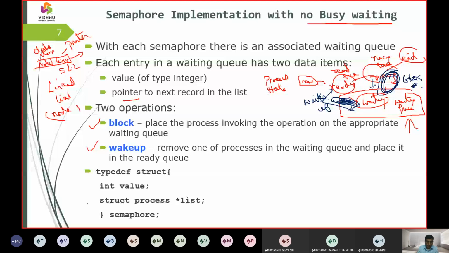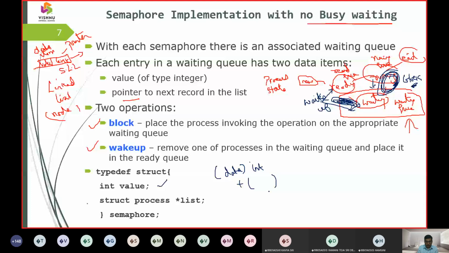Okay, how is this totally implemented? It is going to be implemented with a structure, with a type definition. It is going to have a structure, and this structure is going to have an integer value, which represents the data, and it is going to have a process, which is going to be a pointer value. So the data part is going to be this integer value. Next we are going to have a pointer location, and the pointer location is going to carry the link. So holistically we are going to call this data structure a semaphore.